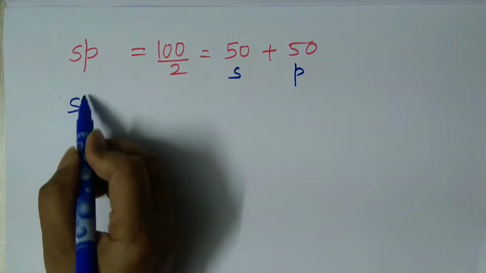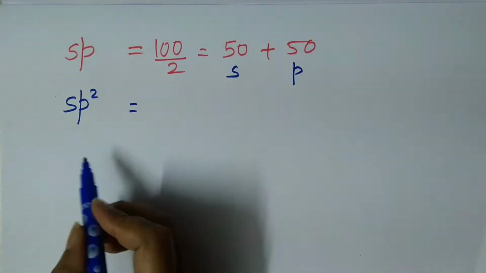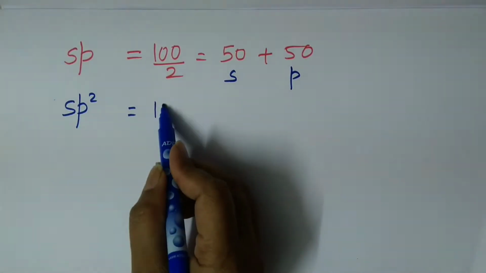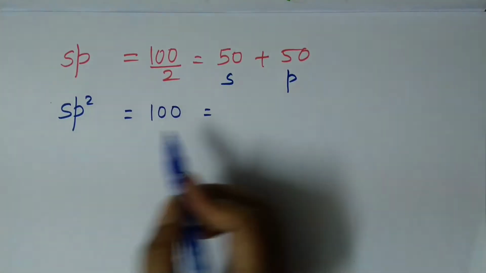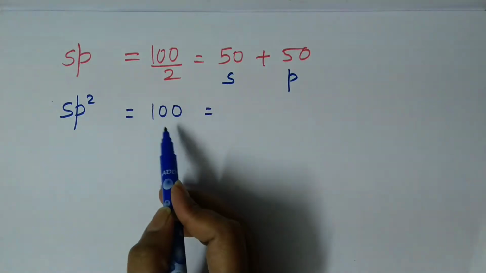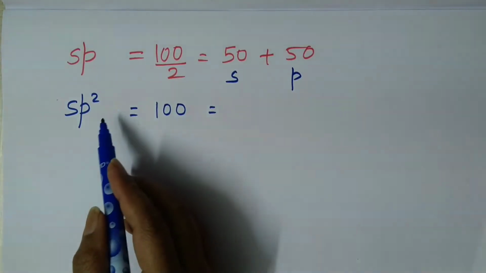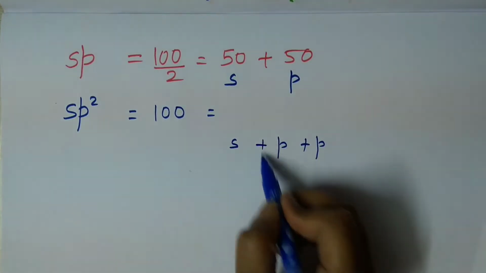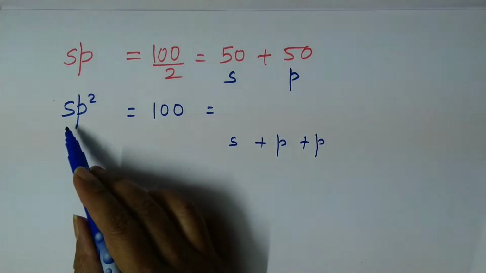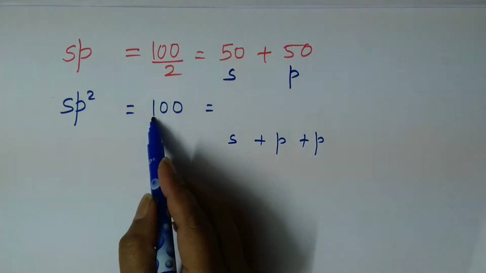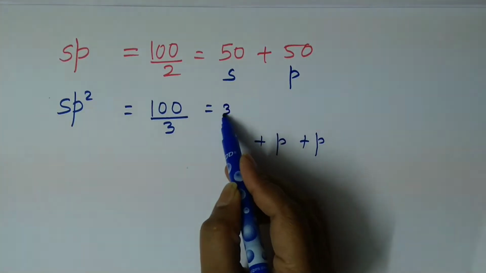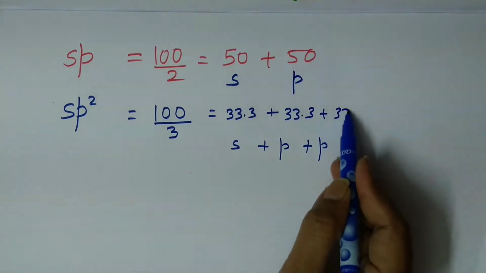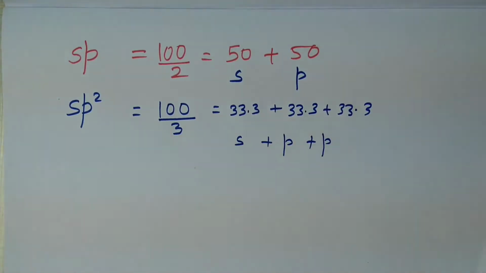Now I have sp2 hybridized orbitals. So how many orbitals are there? 3. All together it is 100. So what is the amount of character you are going to give for sp2 orbitals? Which are the orbitals? S, P and P. They had mixed together, right? So what is the percentage you are going to distribute between S and 2P orbitals? Divide 100 by 3. So it comes out to be 33.3% plus 33.3 plus 33.3. So altogether it will be 100%.